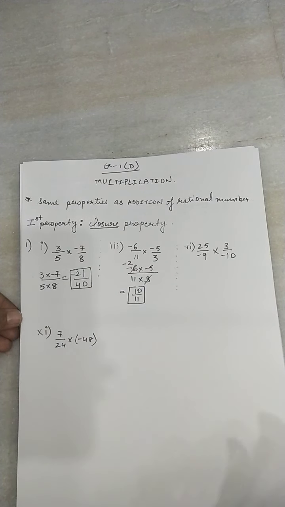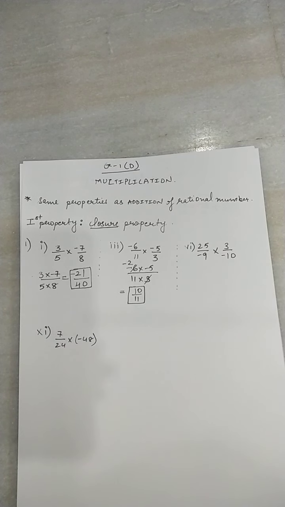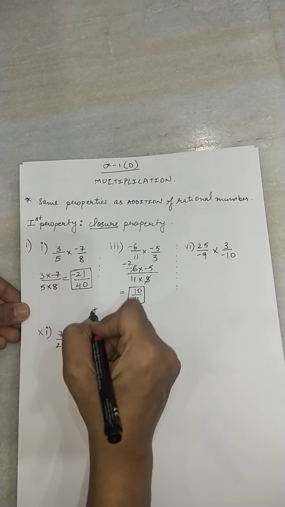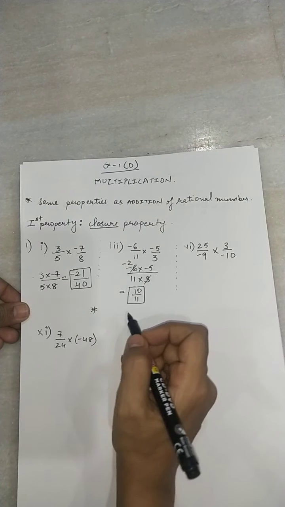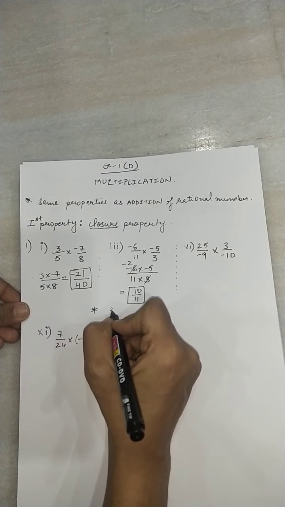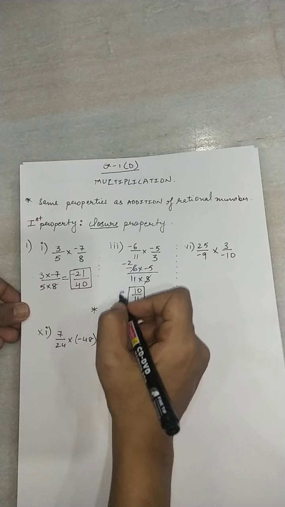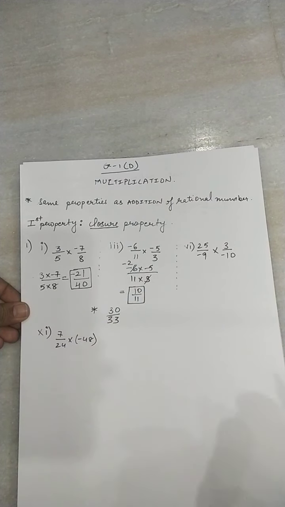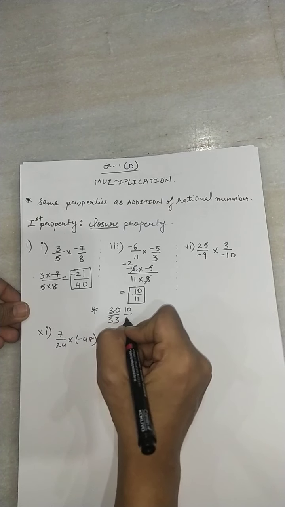If you don't want to cut and want to solve directly, the answer would be the same, but lastly you will have to convert to the lowest term. I'll show you the alternate way. Minus 6 into minus 5, if you do it directly, would be 30, minus minus plus, 6 5s are 30. Then 11 into 3 is 33. Now if I convert it to the lowest term, 3 10s are 30 and 3 11s are 33.